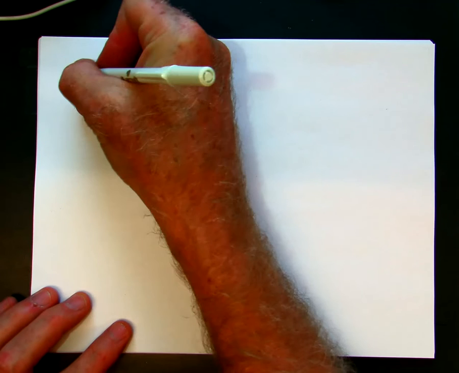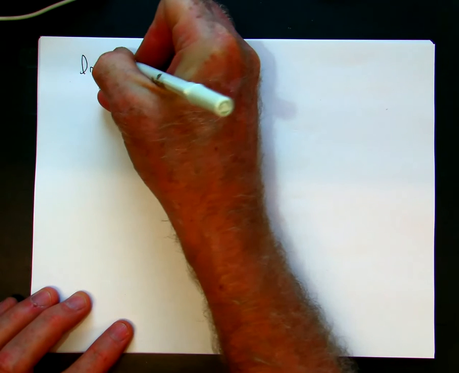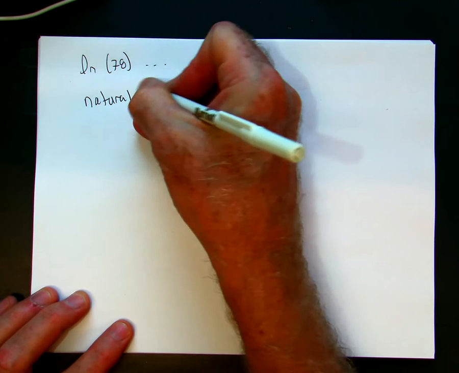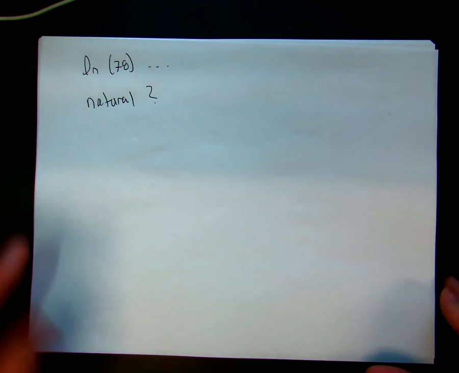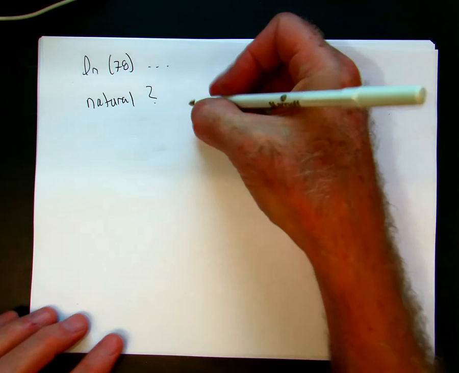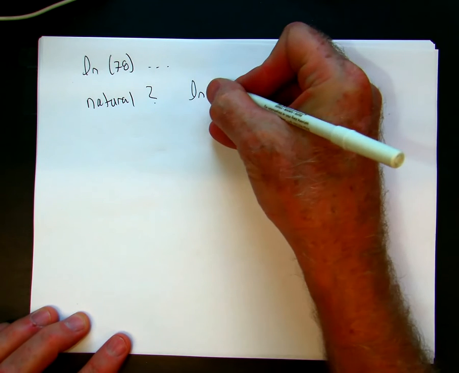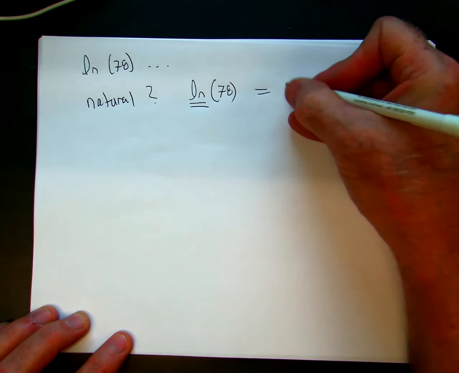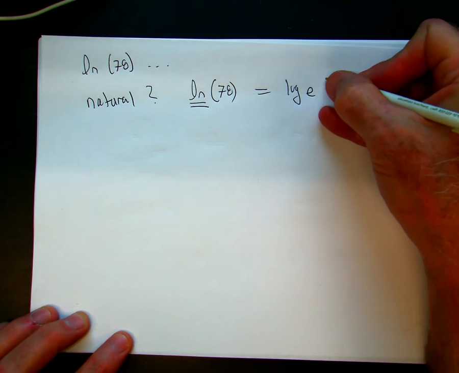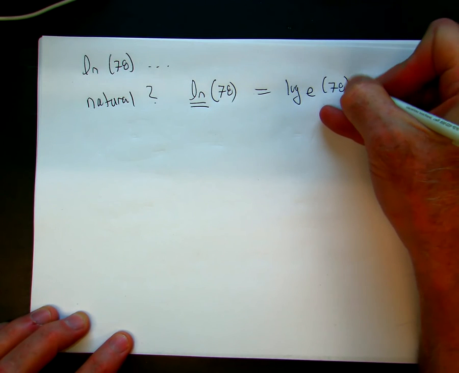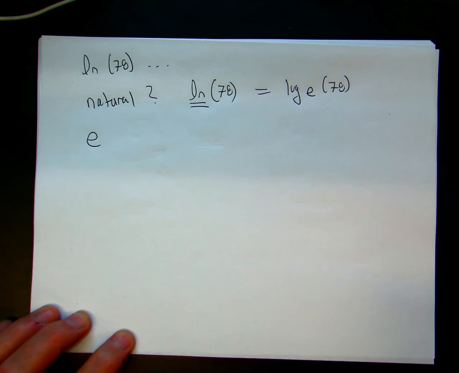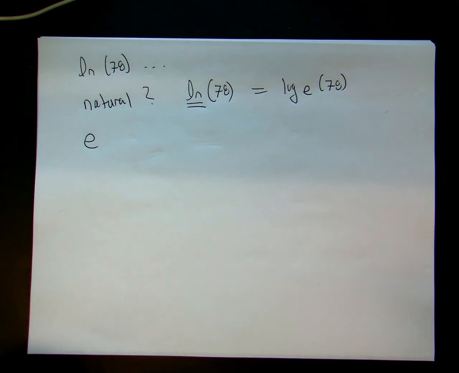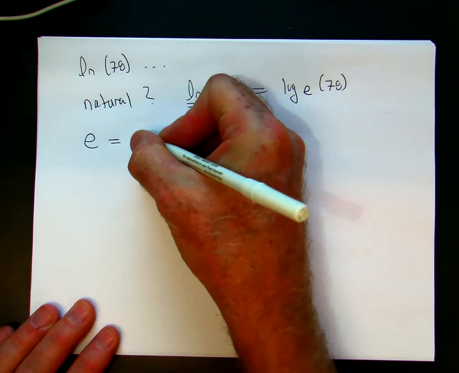Okay. Another example. I'll use the next page. I want to find out what the natural log of 78 is. Well, first of all, why natural? There doesn't seem much natural about this, but let me show you what I mean. There is actually. So the log of 78, whenever you see that, it's really the log base E of whatever number it is, 78. And remember, E is one of those mathematical constants. It's one of the most famous, perhaps the most famous after pi. And this is equal to